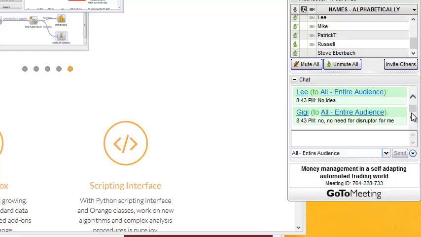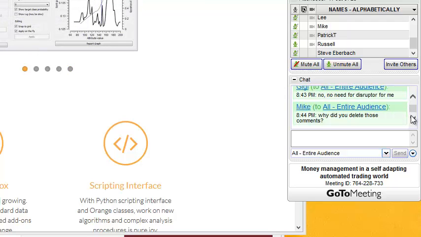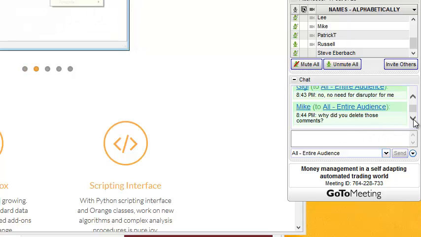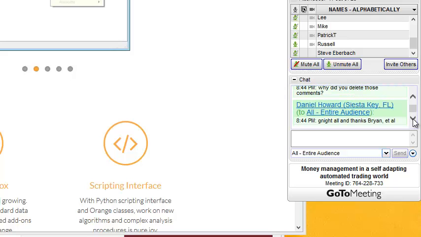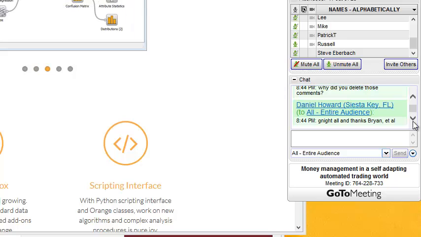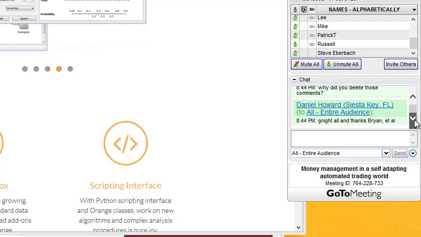Anybody else got any comment? I didn't see either of them. I think I must register somewhere. Why do I delete the comments? I don't delete comments, Mike. Nothing's been deleted. I think he just didn't show them because they require a login. Yeah, on the Meetup, you do. On the Quant Finance Meetup, you do.